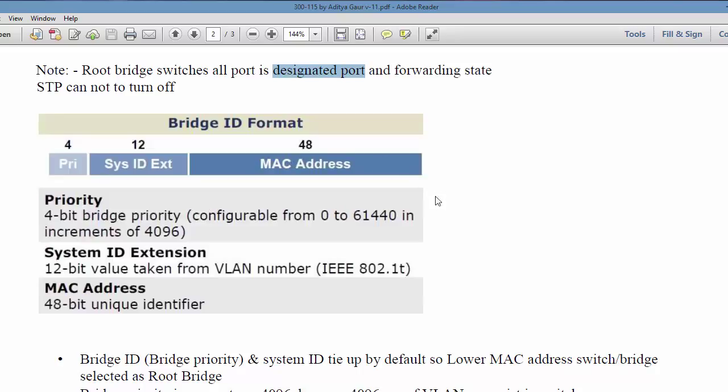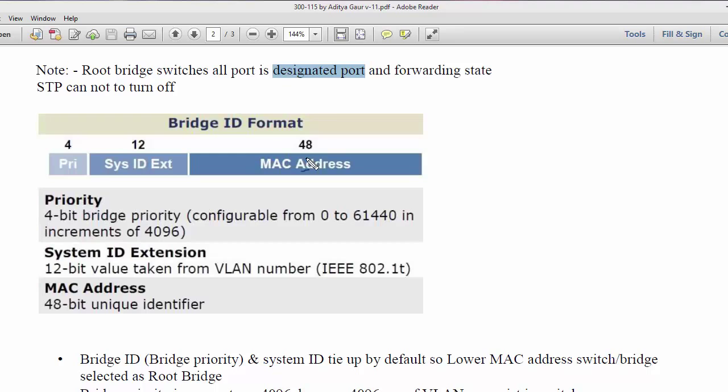And now the question arises, how does root bridge election take place? A root bridge election takes place with the bridge ID. The bridge with the lower bridge ID becomes the root bridge. To select the root bridge, three kinds of information are used: priority, system ID, and then MAC address. Priority is the 4-bit bridge priority that we can configure from 0